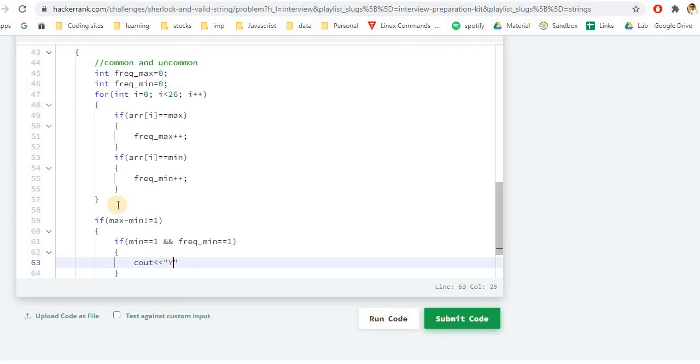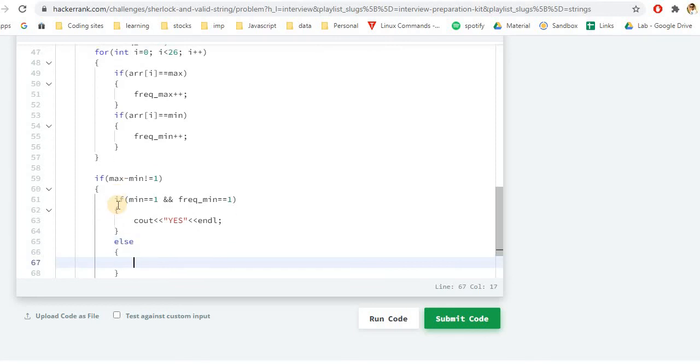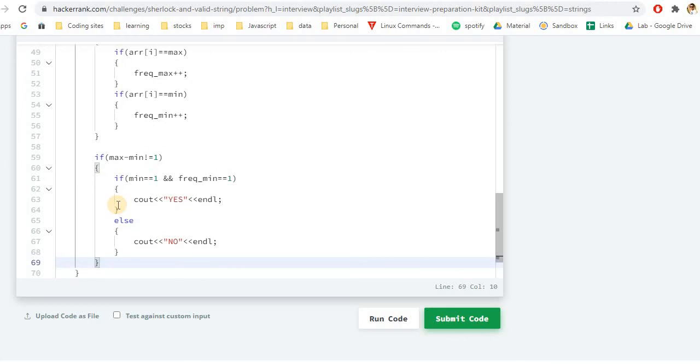I think it's all capital. And if this is not the case, we simply won't get the value. So we can simply write an else and print no. Similarly, in the second case, we know that the difference between maximum and minimum is 1 now, because it's the else case for this if. So we now need to find if any one of them occurred only one number of times.